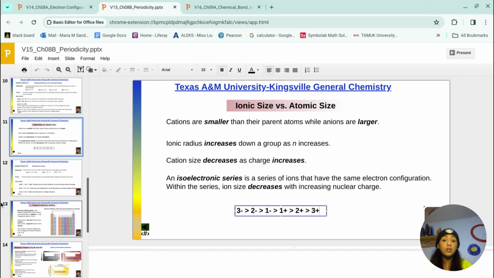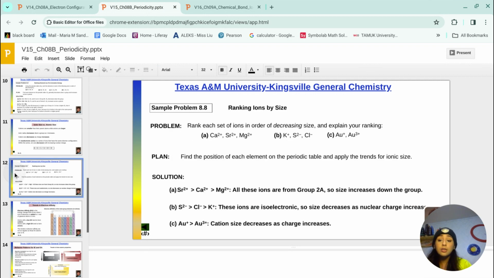Moving on, we're going to be looking at another problem. It's on ranking ions by size once again. So what I would recommend is that you have a periodic table next to you and try to answer it yourself before we go over the plan and solution. So our plan is to find the position of each element on the periodic table and apply trends for ionic size. So our first solution for that is, for A, Sr 2 plus, Ca 2 plus, Mg 2 plus,